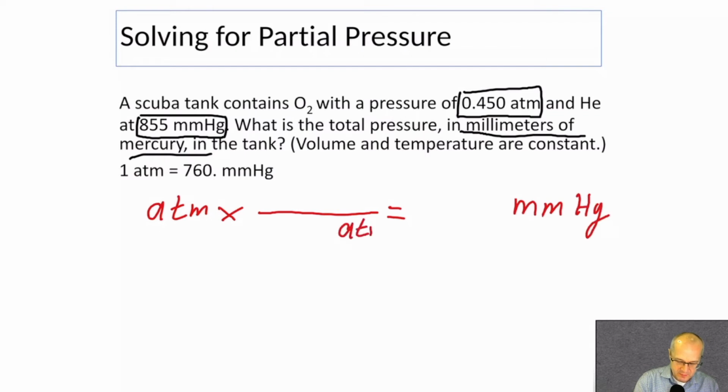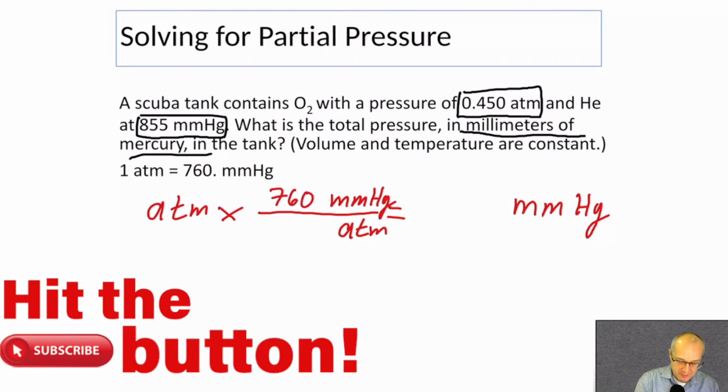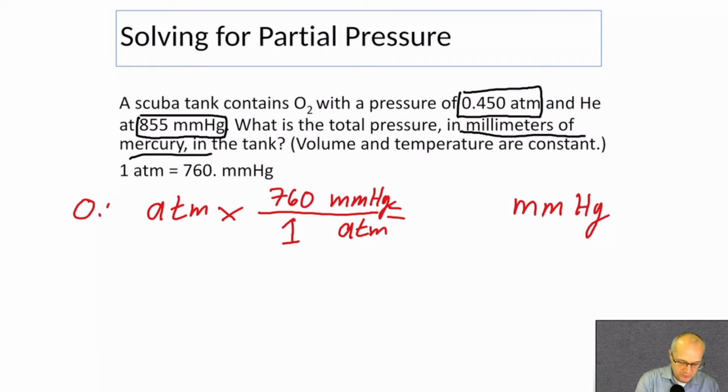Atmospheres go on the bottom, millimeters of mercury go on top. We know that there are 760 millimeters of mercury in 1 atmosphere, and we know we're starting with 0.450 atm. 0.450 multiplied by 760 equals